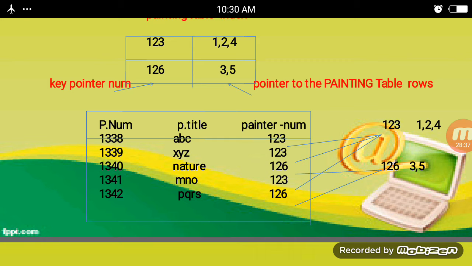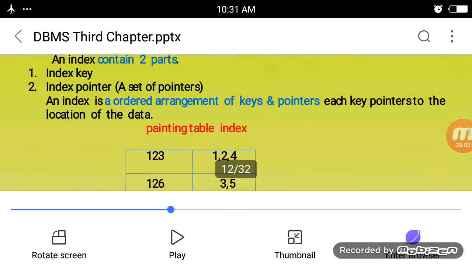In the row 126 having 3, 5, it is pointed to the painting table rows. 123 indicates 124 in the painting table rows. These are the key pointers. This is the index.